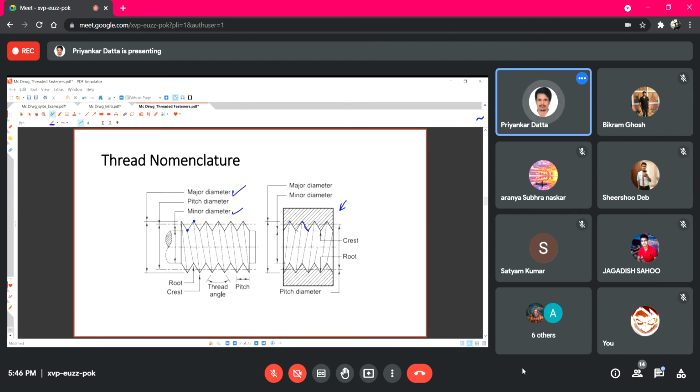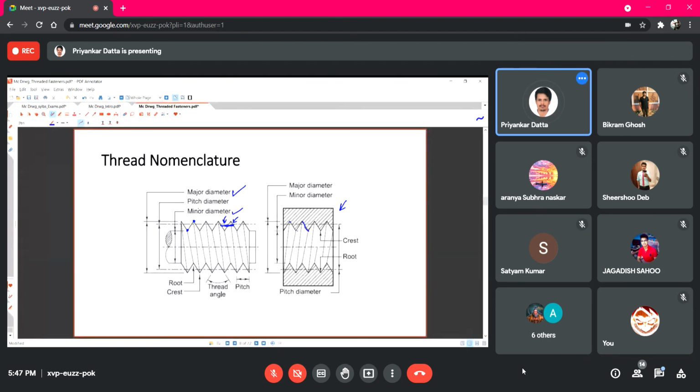Right? Another is pitch diameter. Pitch diameter is at the location where, if you start from this point and reach the next point, you will see that the length between them is equally divided between where there is material and where there is no material. So this part is not having material, this length, and this part is having material, this length, and they will be equal. So if this is the line from the axis, this line will have some diameter, and that diameter is the pitch diameter.